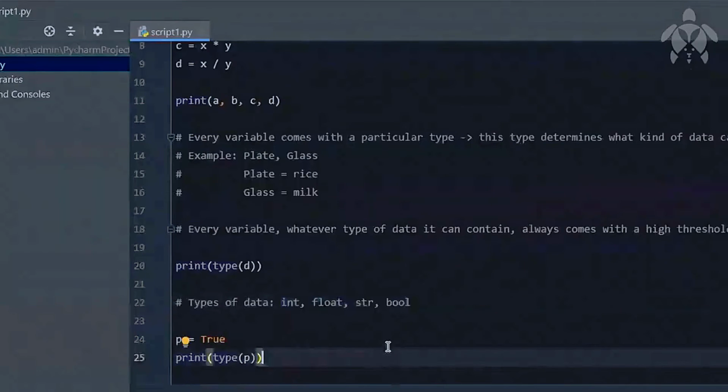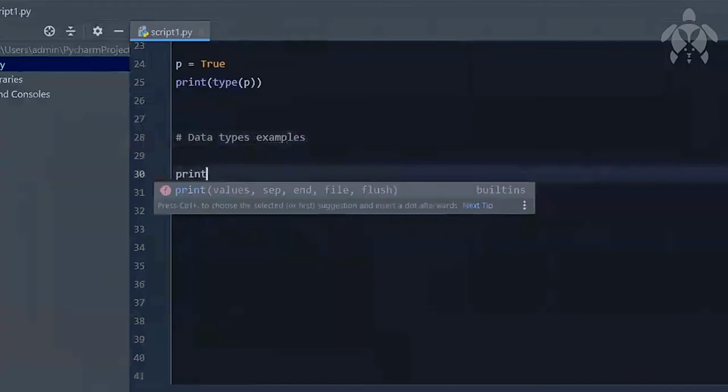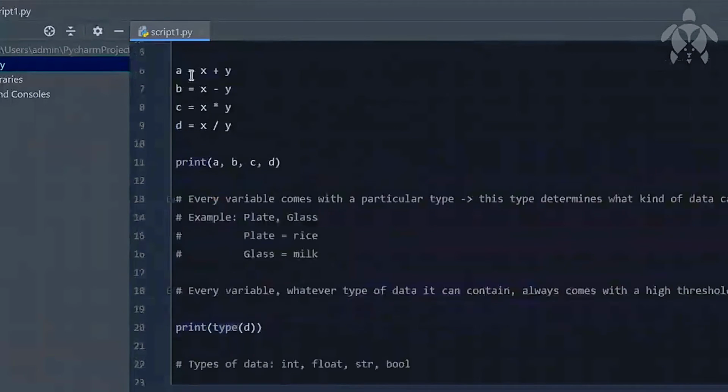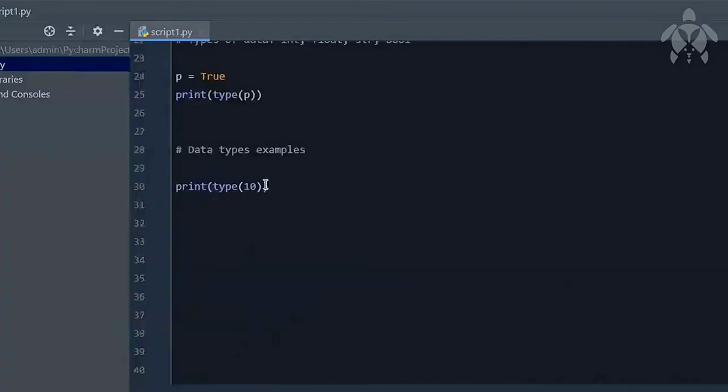So let us see certain examples for these data types. Let us write some data type examples. Print the type of 10. When I say print type of X, it means 10 only, right? So I'm printing the type of 10. 10 is a number, so it should be integer.